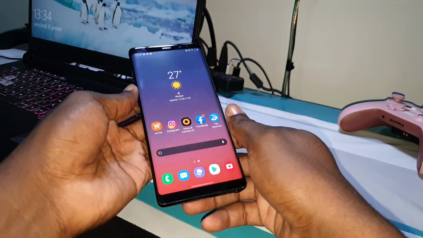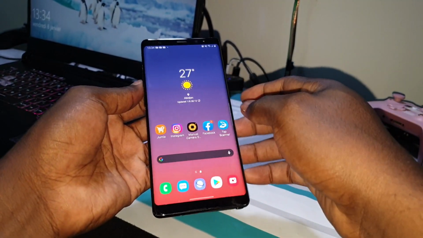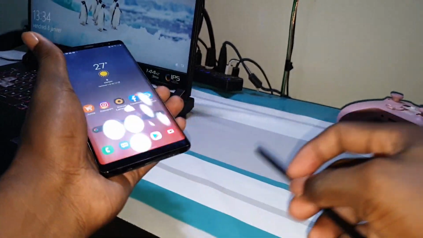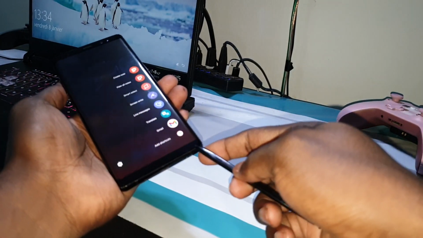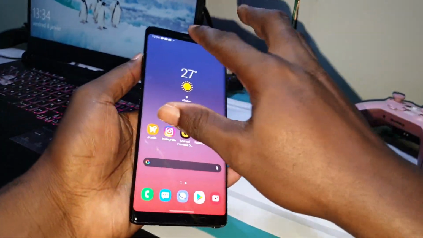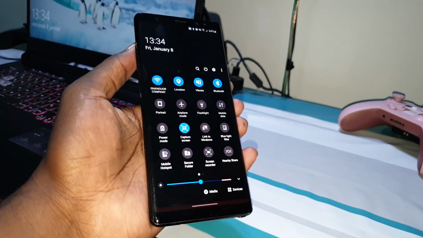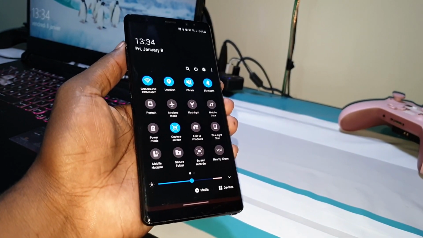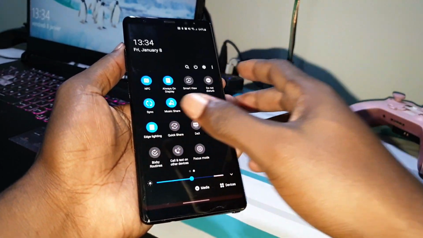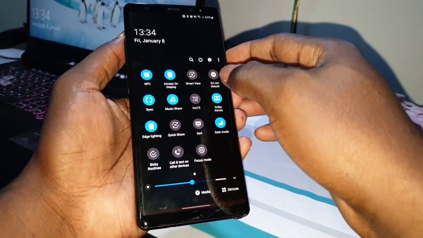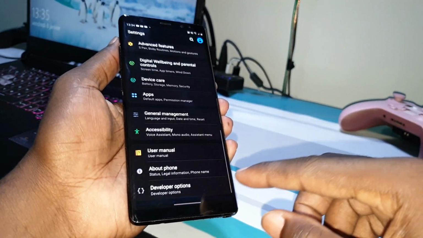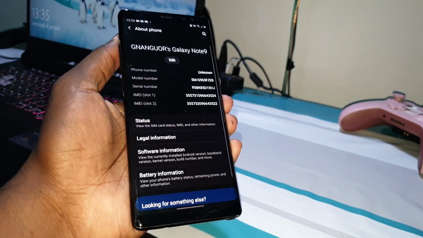This is the Samsung Galaxy Note 8 with the beautiful and amazing S Pen. It's nice, it's beautiful, it's working, and this is real. This is One UI 2.5. Let's go into settings.